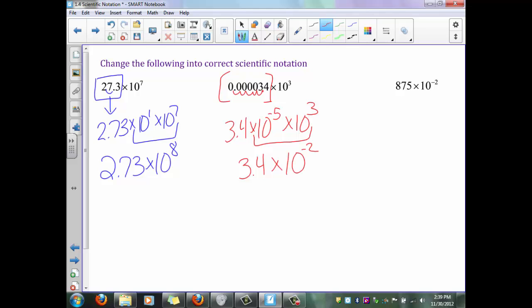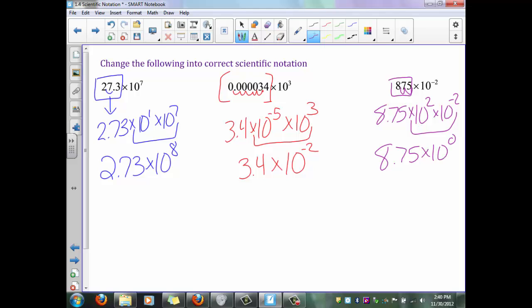So we'll have 10 to the negative second. Same idea on this last one. We can change this to 8.75 times 10 squared, because it needs to move 1, 2, and then times 10 to the negative second. Add your exponents. You'll have times 10 to the 0, but anything to the 0 power is 1. So we're left with